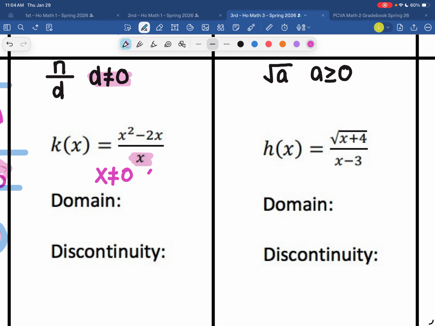Well, if I think about that on a number line, that means that 0 is right here. So my graph, or my x's, can include everything other than 0. So if I state that, I'm saying that it's going to come from negative infinity, go to 0, pick back up on the other side of 0, and go to infinity, because I'm having to skip over that one number, which is 0. So if I put this into Desmos,